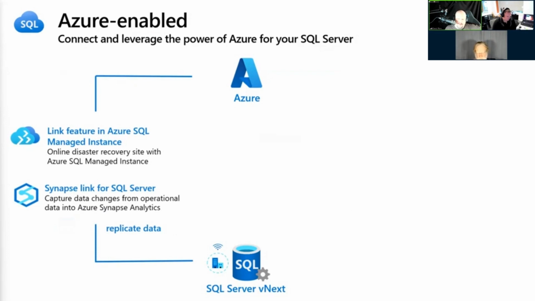Azure Synapse Link automates all of this, providing automatic change feeds that capture the changes within SQL Server and feed them into Azure Synapse Analytics. Provides data practically at real time for analysis and analytical processing with minimal impact on source systems. So SQL Server 2022 will be able to replicate data to managed instance for disaster recovery and through Synapse Link to power new analytical analysis.